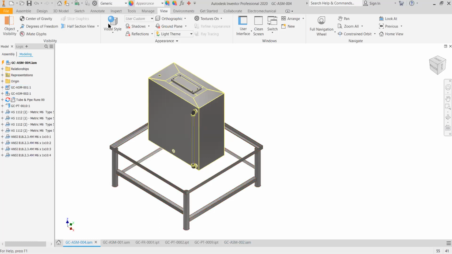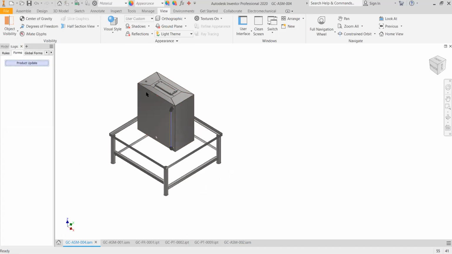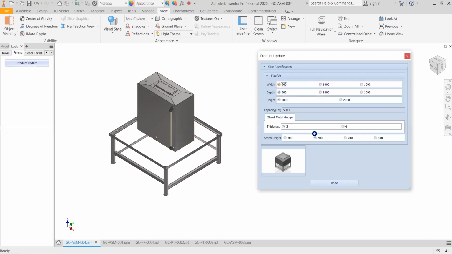So it automatically breaks the link between what is in the main assembly level. But I could just click on this icon here. This is giving me a warning. Then it will do the updating for me if I come into the product update and select something within here. So it automatically goes over to the subassembly and overrides what you have right in there, and it updates itself